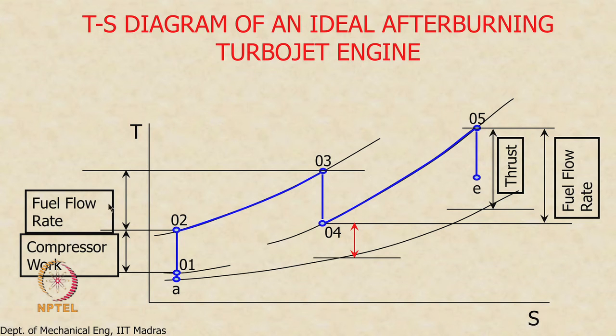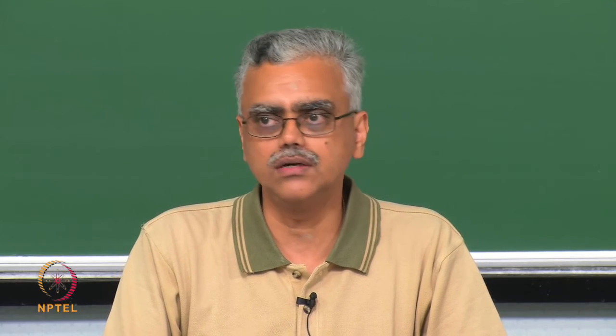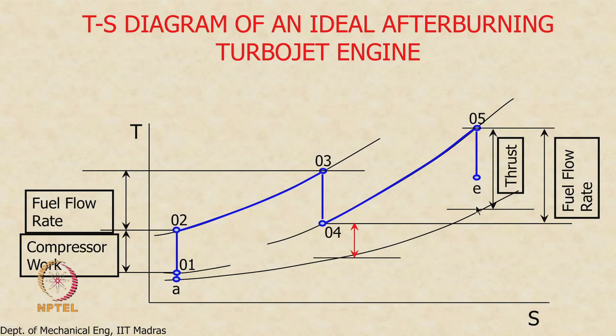In addition to this fuel flow rate, there is one more fuel flow rate, which is what is indicated here, but you can see that there is a considerable increase in the thrust as a result of this. That was something that we saw earlier also. Addition of the afterburner can give us 30, 40 or maybe even higher values of thrust augmentation, which is a good thing. If it is 30, 40 percent augmentation, that means the actual value is, as you are seeing here, 150% of this, right?